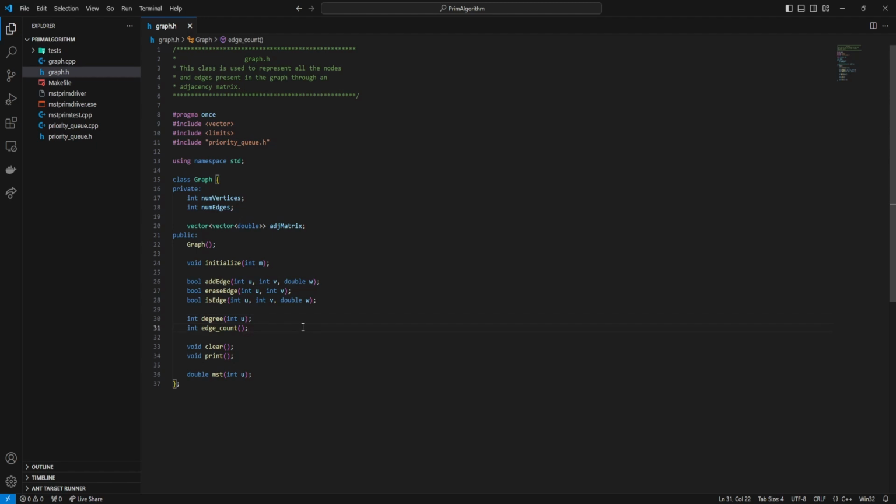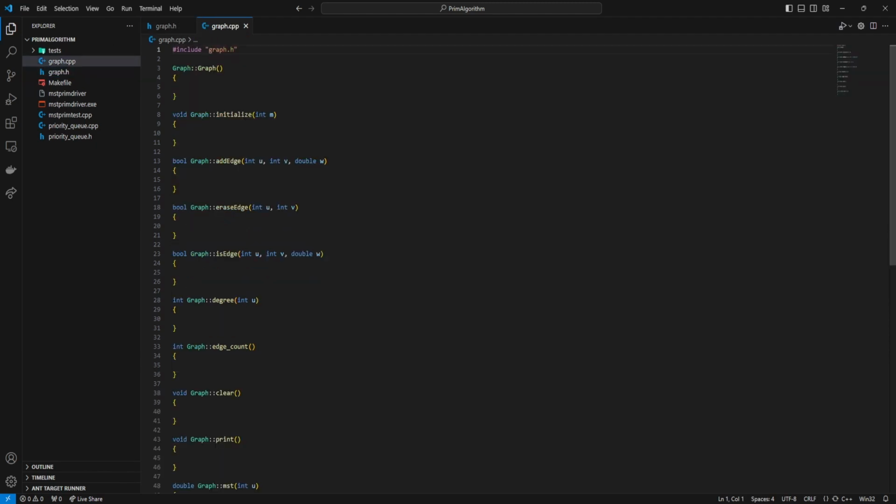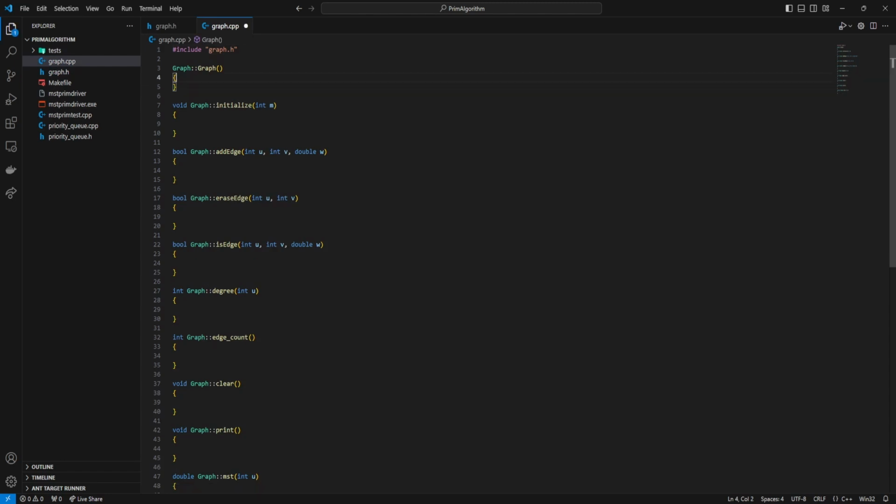Next we have the method edgeCount, which just returns the total number of edges present in the graph. We also have a clear method to delete all these edges, and a print method to output the contents of the graph. Lastly, we have the MST method, which takes an integer parameter u, which represents the starting vertex of our MST. Now we'll navigate to our graph's source file, and the first thing we're going to do is initialize